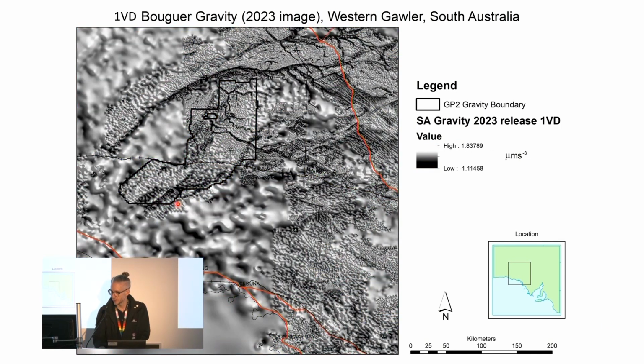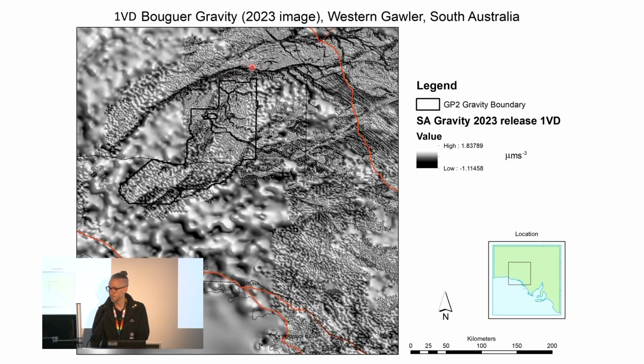I think we're going to zoom in now. No, we're not. We're going to talk about derived products and first vertical derivative. This is the first vertical derivative image. I love showing these in black and white because the eyes are really drawn towards the long linear features, and it's here we start to see the detail in this feature here, the Mulgathing trough, as well as the paleo channels just to the north, the Challenger paleo channels, and of course the